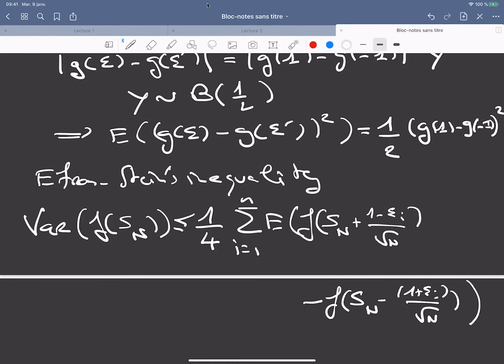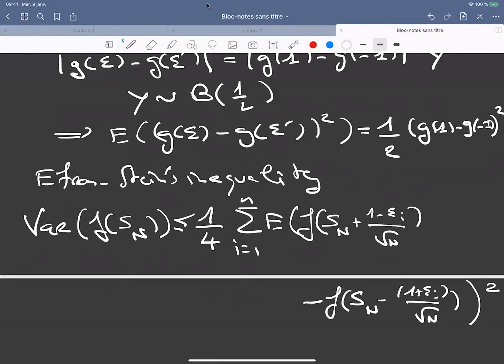And this is squared. Okay? So it looks complicated, but it is simple. You just freeze here the variable, but the number I, and at the I place, you have to put +1. So you subtract epsilon I to Sn, and you put 1. And here you have to put -1. So you do the same, but with -1. Okay?